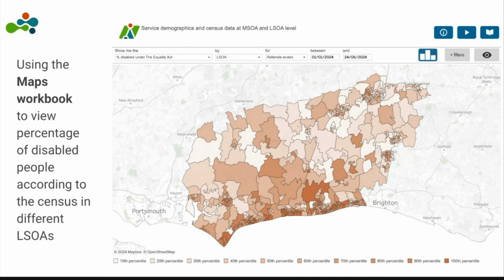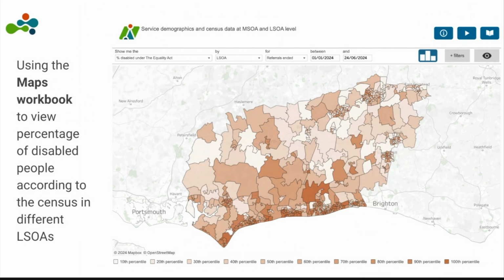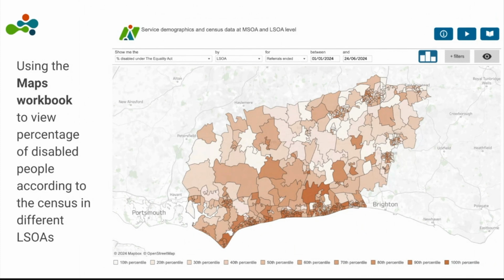A couple of ideas are behind the maps workbook. Firstly, it's about showing information geographically, so that in the area your service covers, you can see metrics plotted on the local map. This makes it much easier than, say, reading off a table of different localities to identify what is going on in the area, and what the impact on different metrics is of living in certain towns or certain areas.